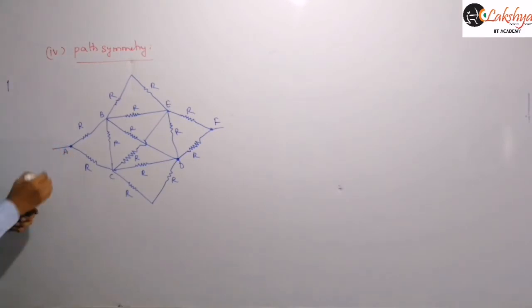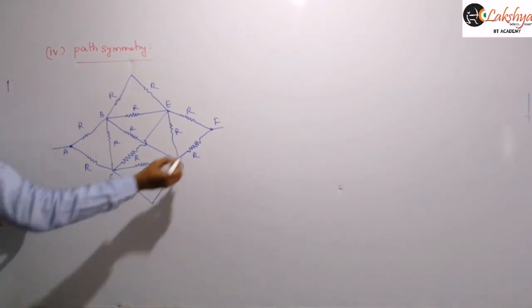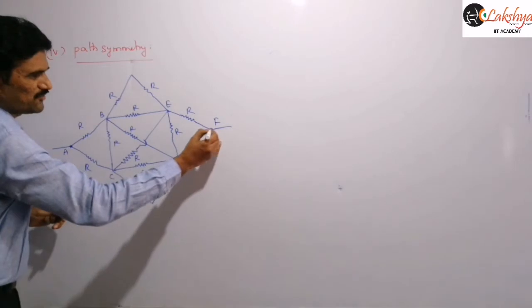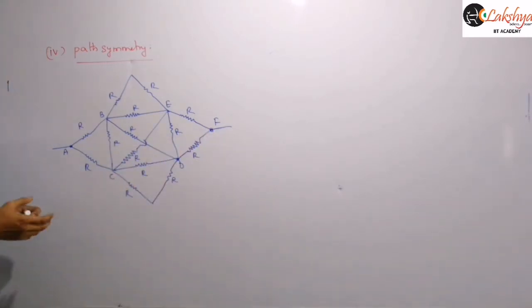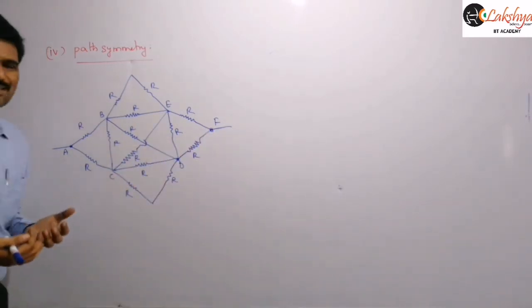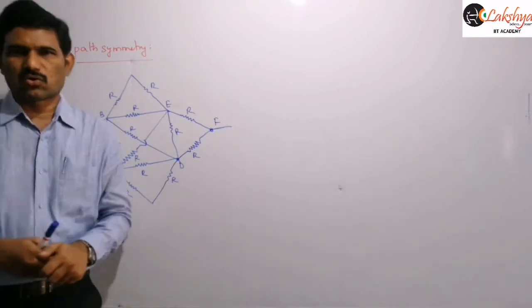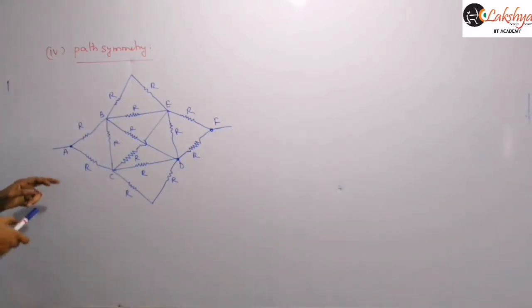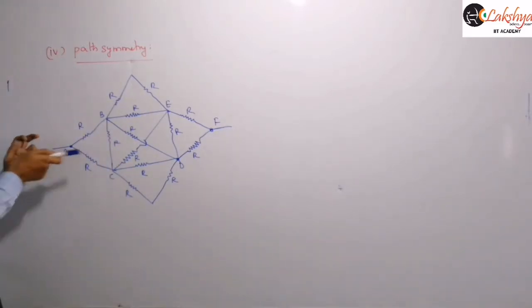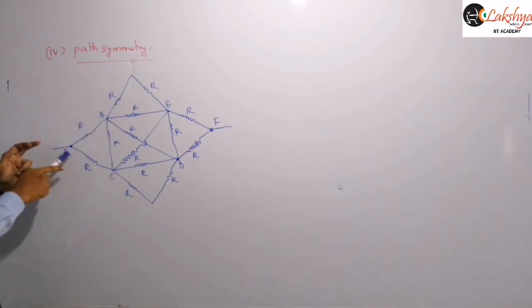And so now, starting from this point A that I am considering here, we need to reach the point F, that is the final point of the circuit. Let us identify how many paths are there and whether they are identical or not. At the beginning two paths are there, that means along this AB and AC, two paths are there. Now let us discuss whether those paths are identical or not.